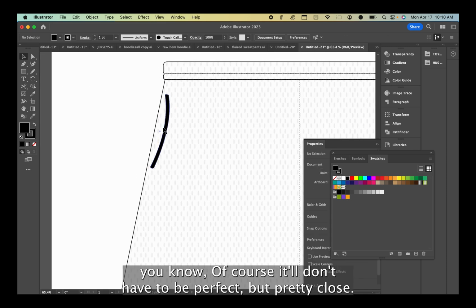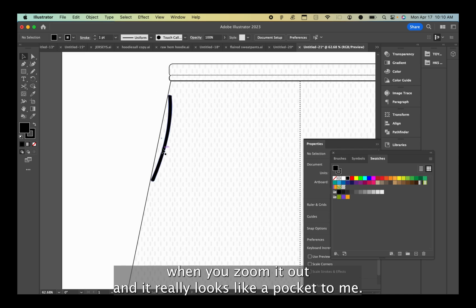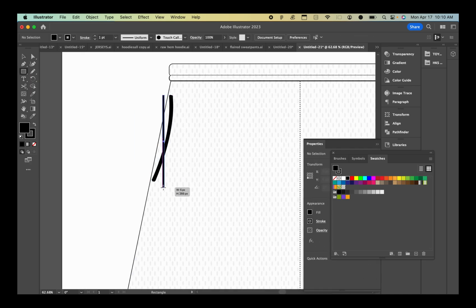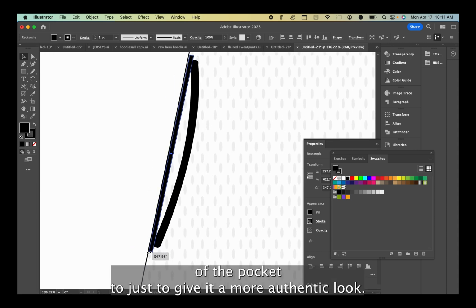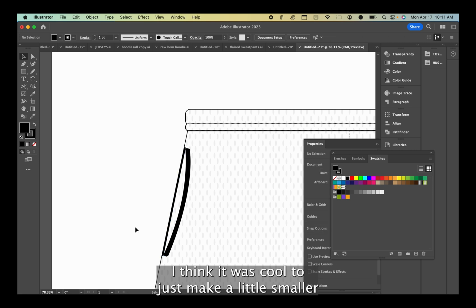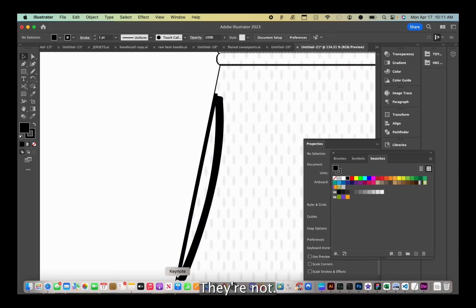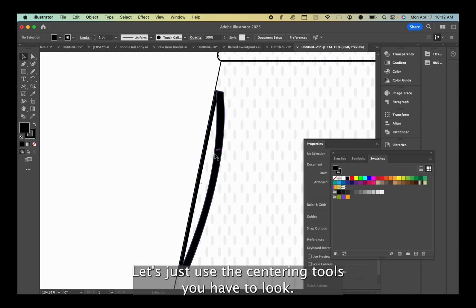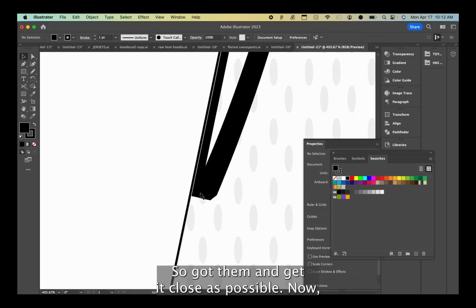Of course, it doesn't have to be perfect, but pretty close. I think that looks good when you zoom it out. It really looks like a pocket to me. Now, we just want to make that outer edge of the pocket too, just to give it a more authentic look. I think it looks cool. Just make it a little smaller. Try to line them up, make sure they're centered pretty well. They're not. Let's just use the centering tool, see what happens. Okay, it centers at the top, not the bottom, so we gotta zoom in to get it as close as